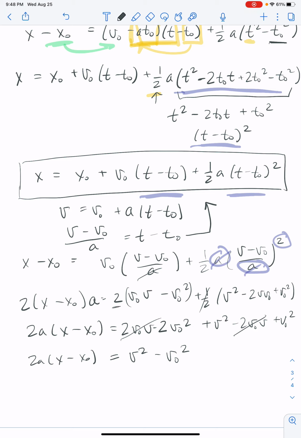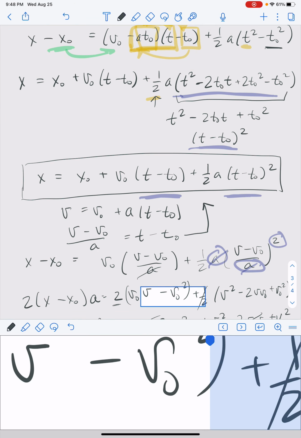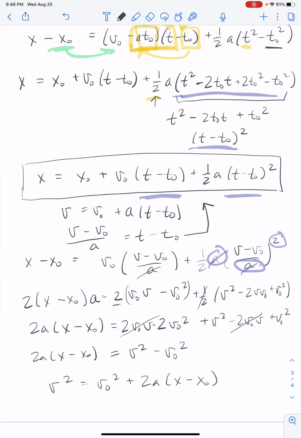All right, and then I'm just going to rearrange that to have it the way we wrote it in class today, which is v squared equals v naught squared plus 2a(x minus x naught), which is our third kinematic